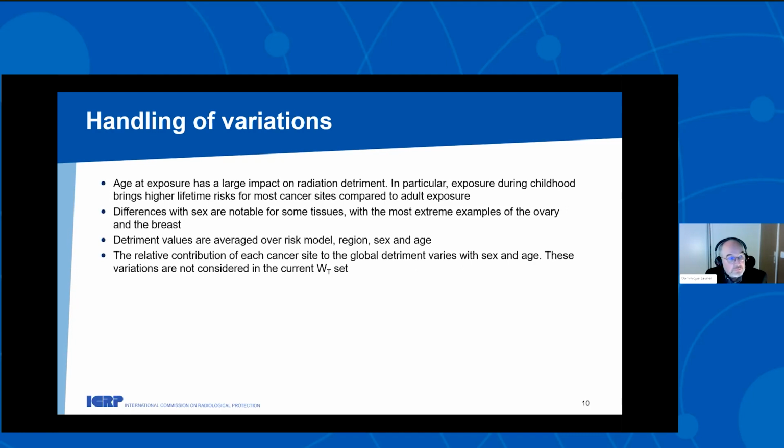for some tissues especially. The detriment values are averaged in the detriment calculation over risk models, over region, over sex and age. And for the relative contribution of each cancer site to the global detriment, we know that there is some variation with sex and age, but these variations are not considered in the system as it is right now, because only one set of WT values is provided in support to the radiation detriment for the